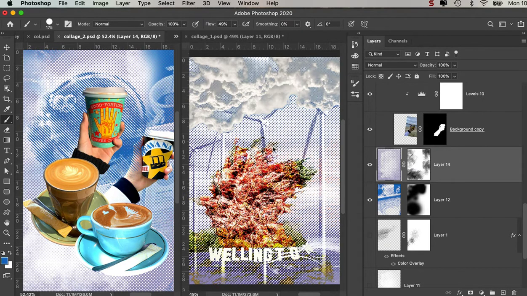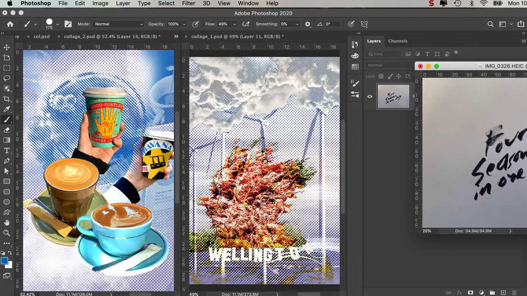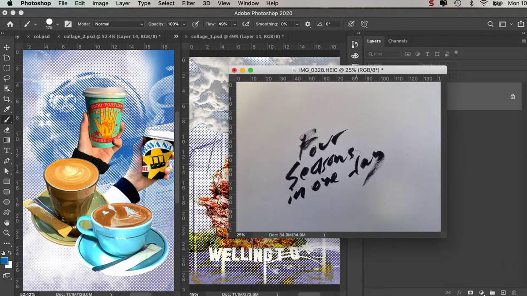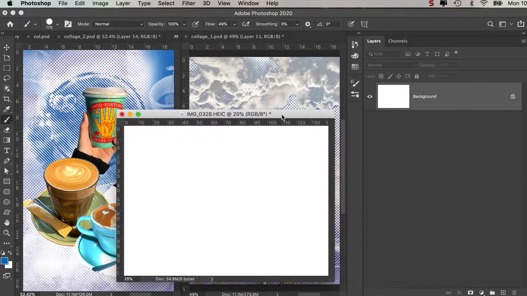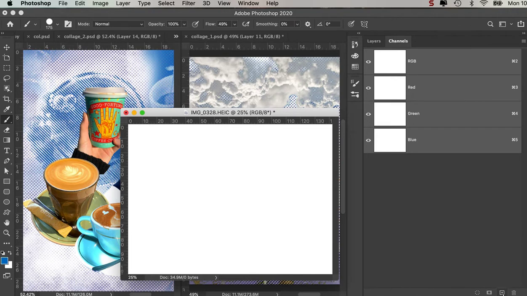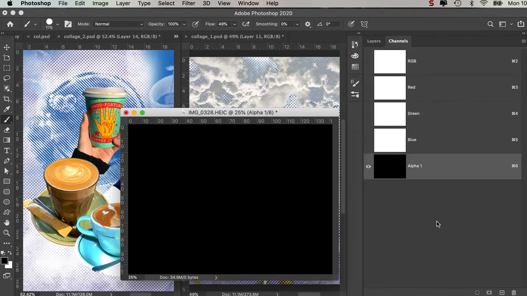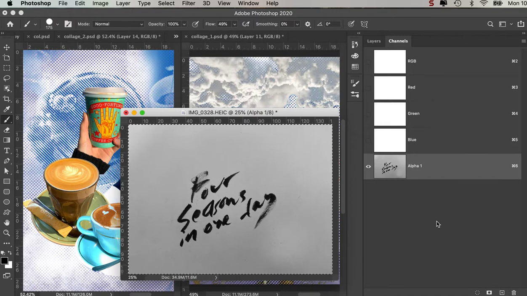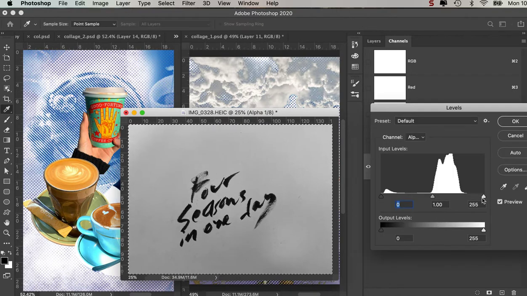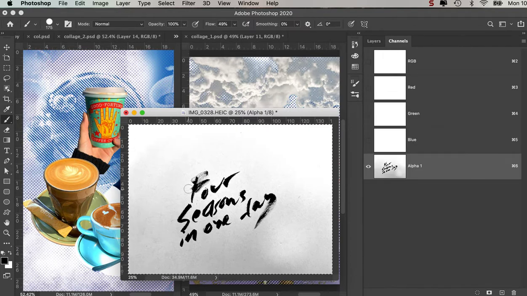The thing we're missing off this is the Four Seasons text. So rather than what we had before, the kind of punky patching together of text, I've quickly scribbled out with a paint pen this thing here, so I'm going to select all, cut it, make a new channel. I'll start with white in this. Actually, I can just paste the whole thing. Command V. Now I'm going to go Command L, see if I can lighten this up a wee bit, give it more contrast, and then the easiest thing now to get rid of this grey is to come in here and